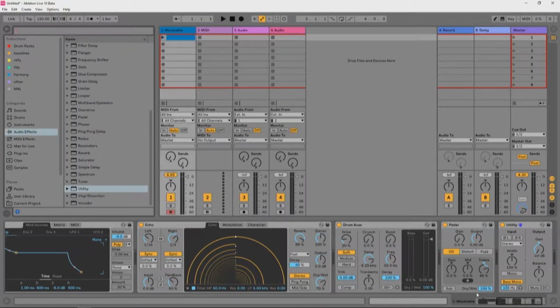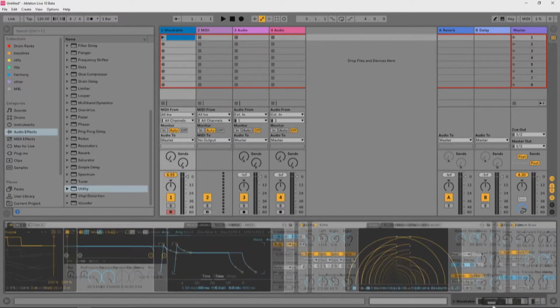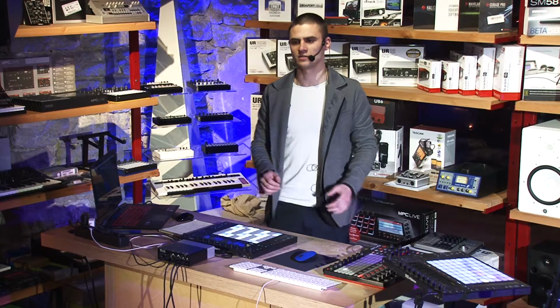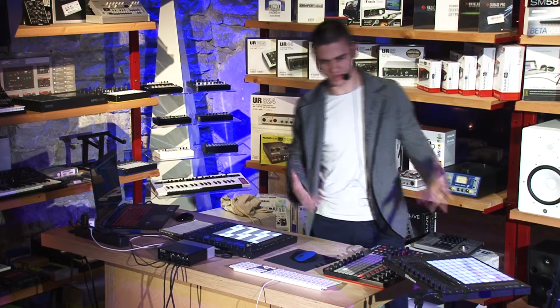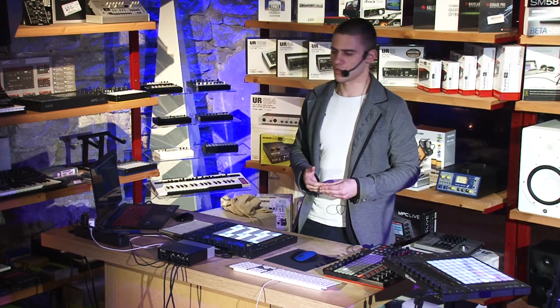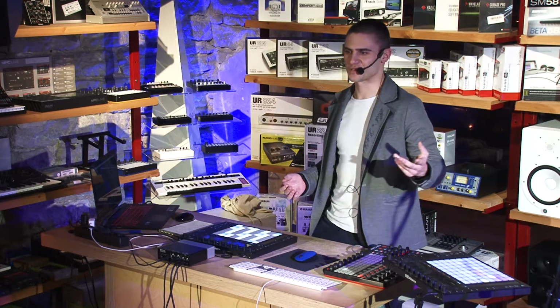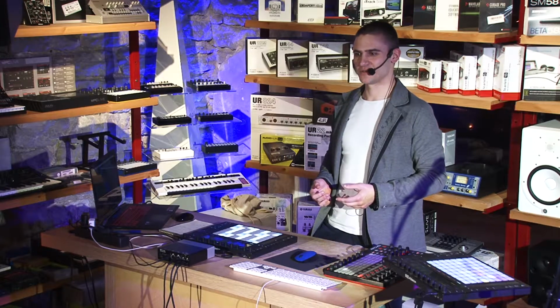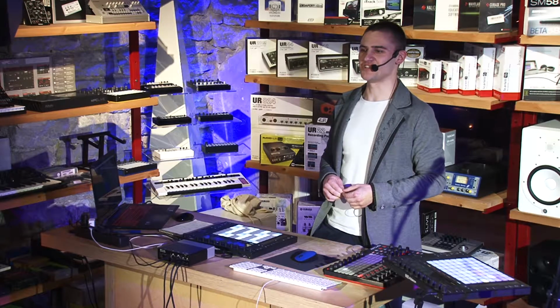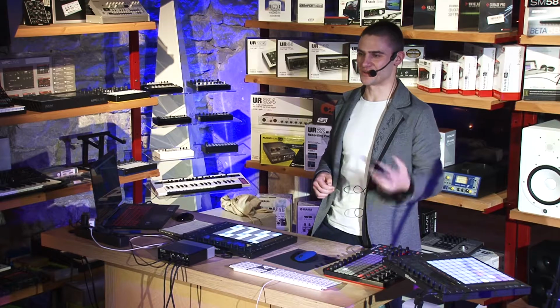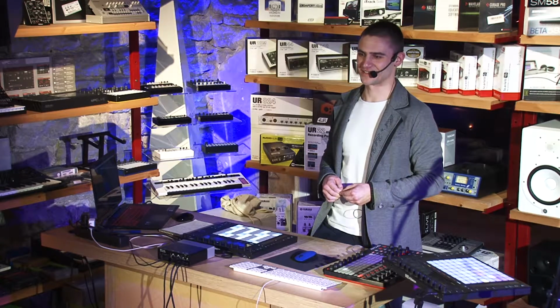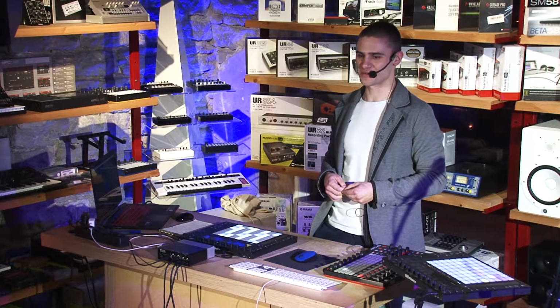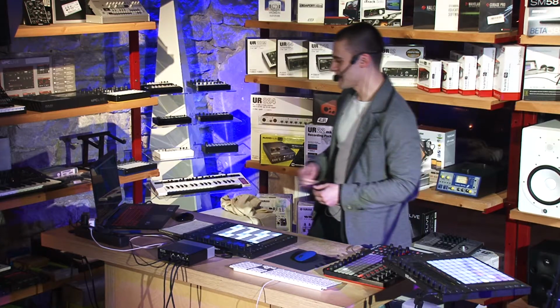And now, one of the most significant things, we have Max for Live fully integrated in Live. Only this fact is worth the upgrade to me. Because who remembers how it was in Live 10, 8, when you dealt with Max for Live devices? Who had issues with that? Loading devices in Ableton, trying to use them. Nobody? Everything works perfectly all the time. Okay, so now we have